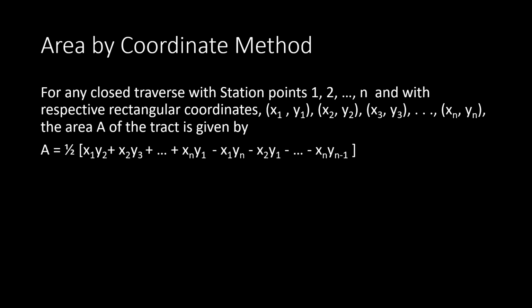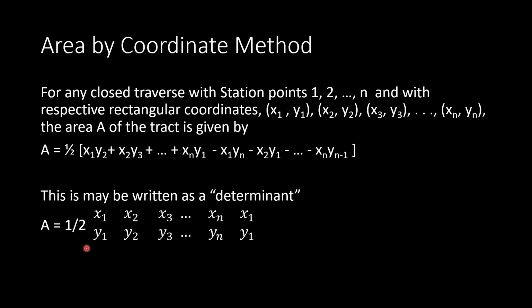This expression can be written in the form of a determinant. We have here A equal to 1/2 x1, x2, x3 up to xn. These are the x coordinates of the points from 1 to n, and x sub 1 is repeated. The second row is comprised of y1, y2 up to yn. These are the y coordinates of the points from 1 to n, and the y coordinate y sub 1 is repeated. So what we have here is a determinant, or rather a matrix, comprising of 2 rows and n plus 1 columns. The first column represents the coordinates of point 1, the second column the coordinates of point 2, up to the coordinates of the last point x sub n, y sub n, and we repeat the coordinates of point 1,